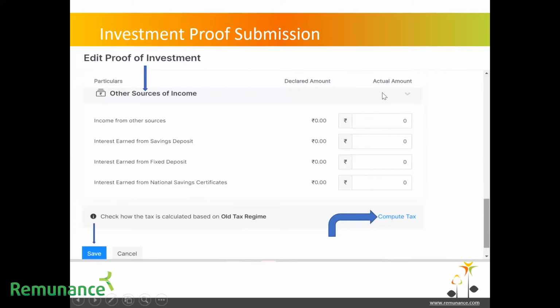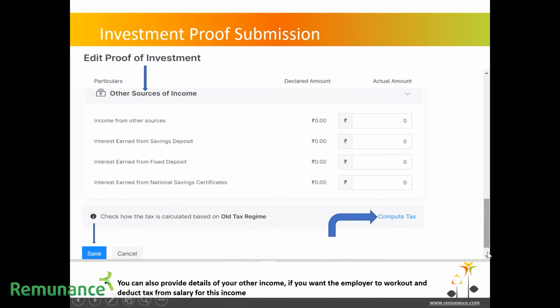After you put in all the information, all the amounts here, you can click on compute tax and check how the year's tax is going to change, whether it is on the positive side or on the negative side. If you plan to do any additional investment, you can again enter those amounts, edit the submission, declare proof submission, and then you can click on save. Okay, once you save it,